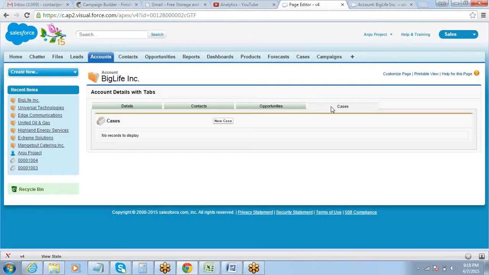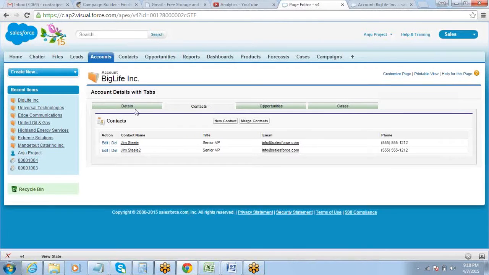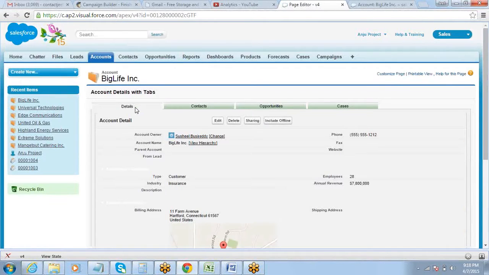At this point of time I don't have much data and the internet connection is really fast, so it does not seem to be a problem. But if you have a lot of data in each of these related lists, and the net connection is not that good, then this usually takes longer. So this entire page reloading is not required. Right now, every time I click on a tab, the entire page gets reloaded.